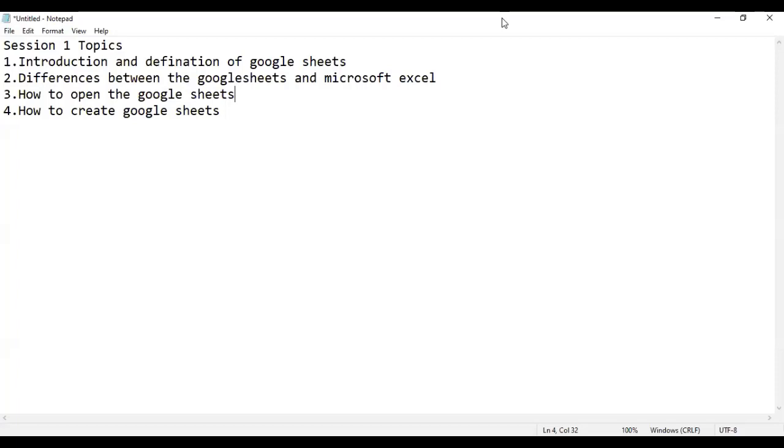So let's get started. As I told you, the first topic is the introduction to Google Sheets. Generally, what is meant by a sheet?